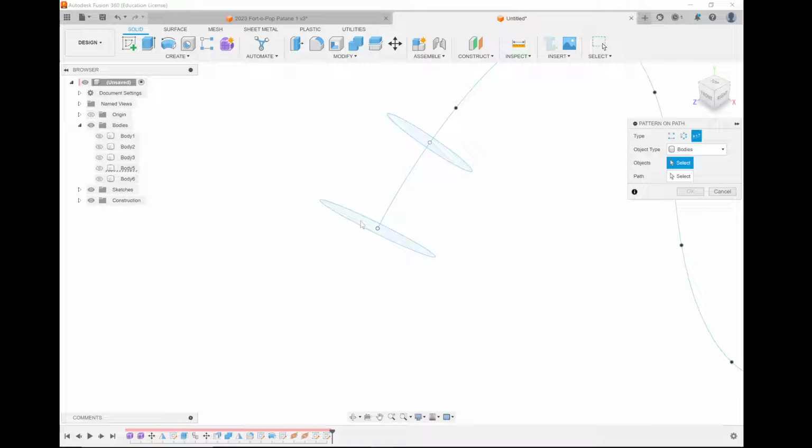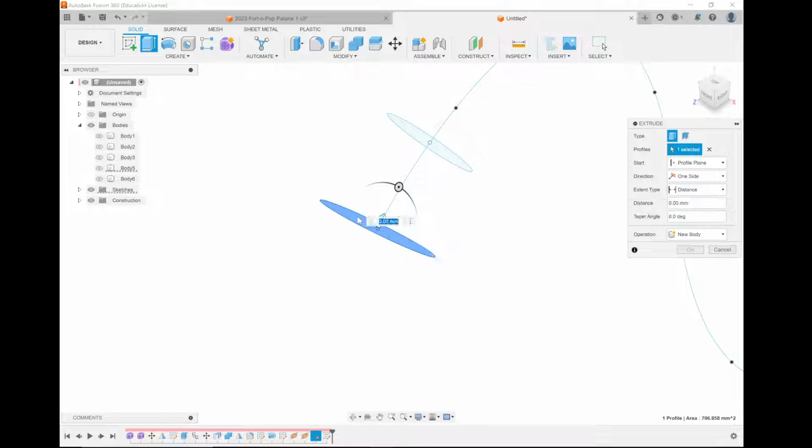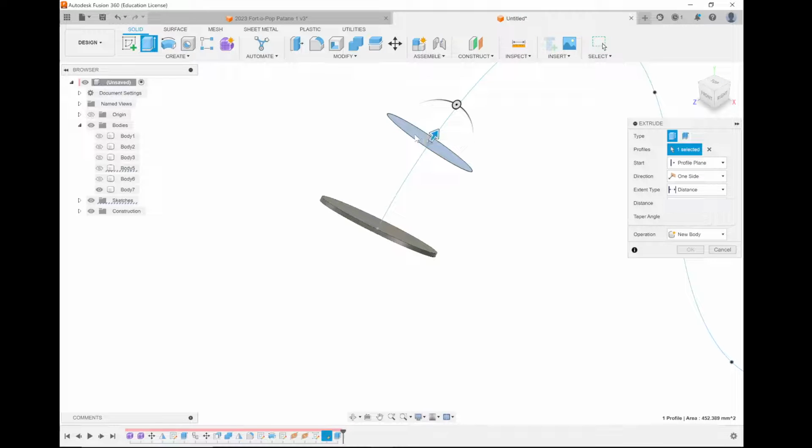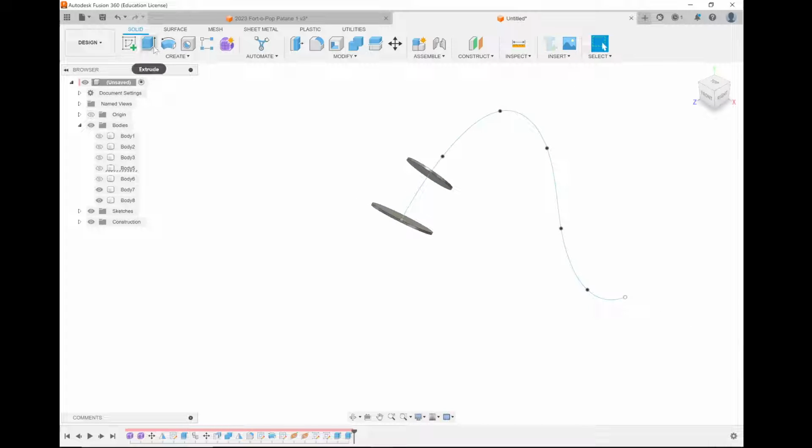First we've got to turn these into 3D objects. So we're just going to extrude each one of these by 1 millimeter. Extrude, and we're going to extrude this. Extrude this by 1 millimeter. Now we're going to do the tool. We're going to say Create,